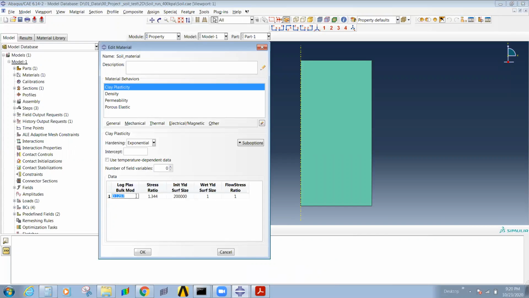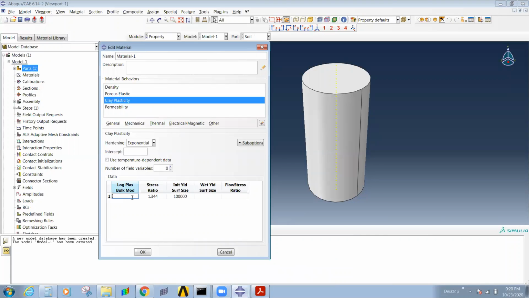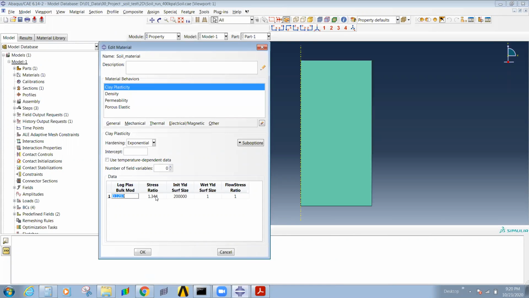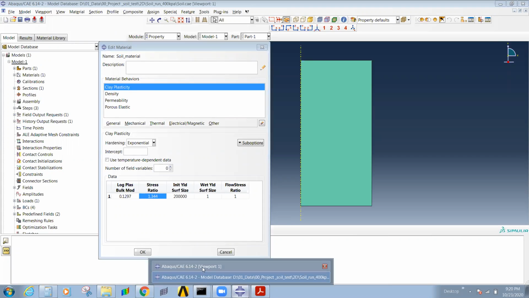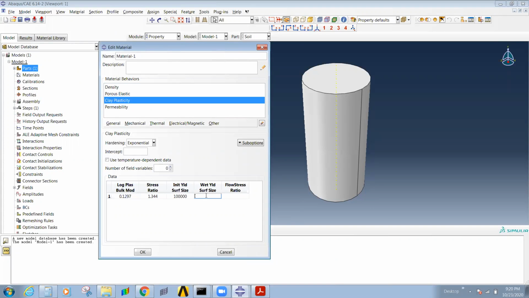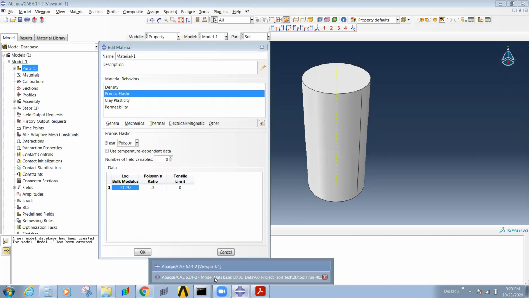Yeah, 0.129 will be your bulk modulus, and stress ratio 1.344. And this is for the last case. And wet surface size and flow stress ratio will be considered as 1, 1. Okay, this is that. And when it comes to porous elasticity,